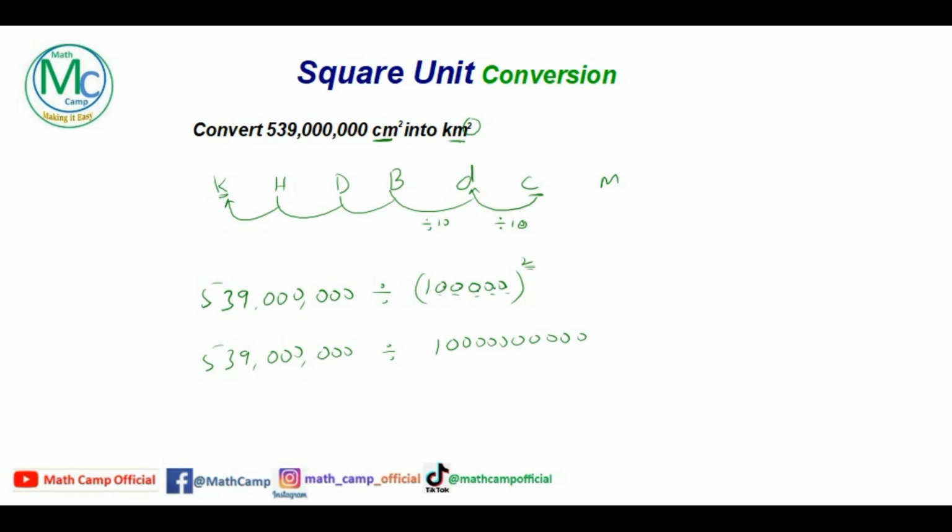So all together we have 1, 2, 3, 4, 5, 6, 7, 8, 9, 10 jumps, and the decimal point of this number is at the end, and it has to take 10 jumps backward as we are dividing, so decimal jumps will be backward. 1, 2, 3, 4, 5, 6, 7, 8, 9, and this 10. The decimal is here, and this is going to be filled with 0. So the answer for this question is going to be 0.0,